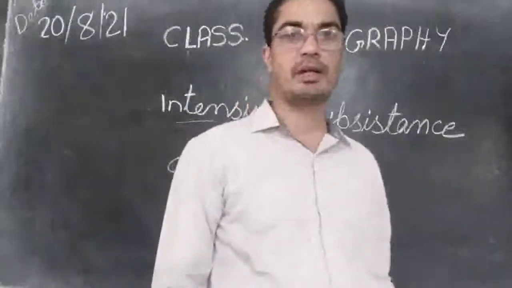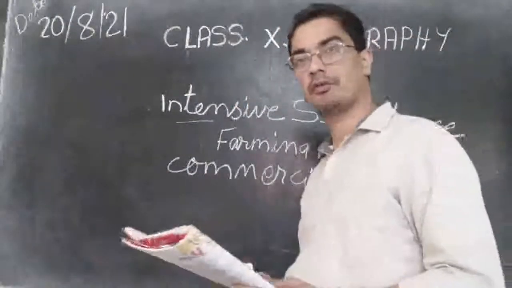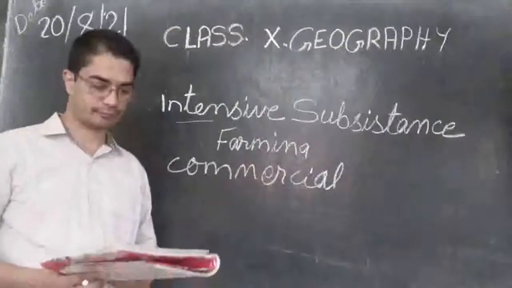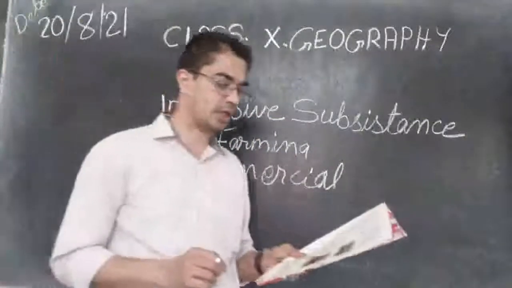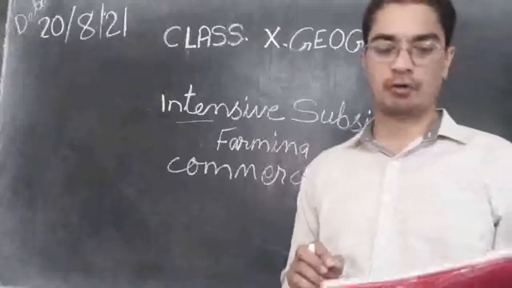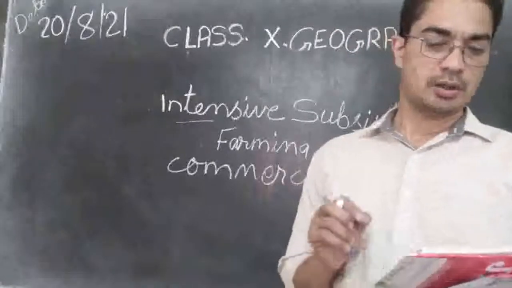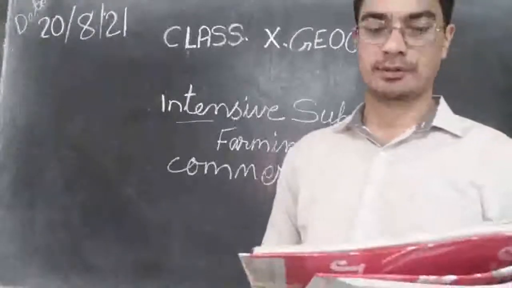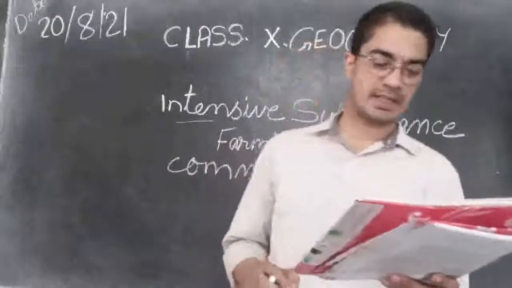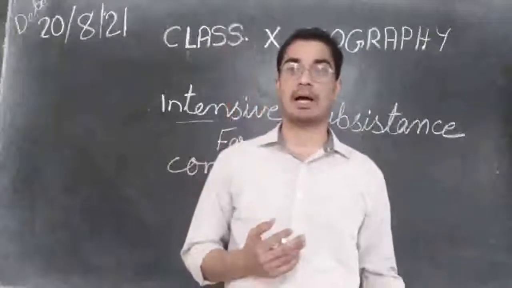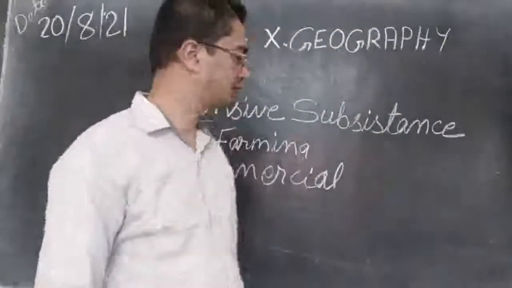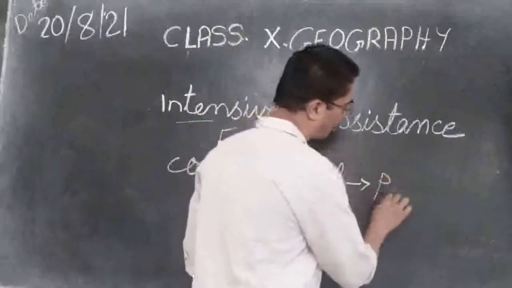Let's see how they manage this commercial farming, or what is the difference between commercial farming and intensive subsistence farming. So the main characteristic of this commercial farming is the use of higher doses of modern inputs. Example, high yielding variety of seeds, chemical fertilizers, insecticides, pesticides in order to obtain higher productivity. So here the purpose is to make maximum profit. Commercial farming is carried on for profit making,